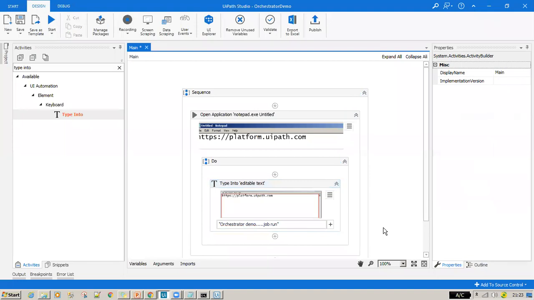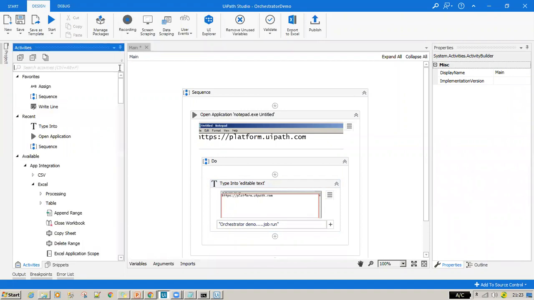This is just a sample job. Assume that this is your project. You have successfully developed your project. Once you have successfully developed your project, the next step is to publish the script you developed in your development, right?